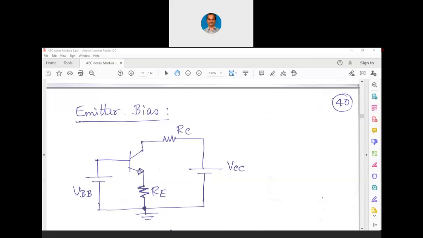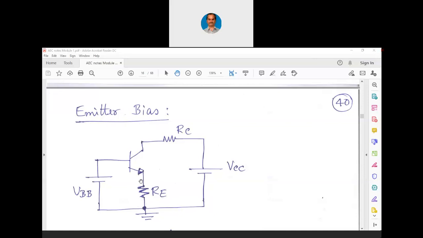Now this circuit you are seeing, which is called as emitter bias, this is also called as self bias. Here what happens is, due to any reason, if the base current increases, maybe due to increase in temperature, and that causes increase in collector current, what happens here is, here the emitter is not connected to ground. When the emitter is not connected to ground, we have connected one resistance at the emitter. So, due to any reason, if the current going through the transistor is increasing, that will induce a voltage drop across this RE.